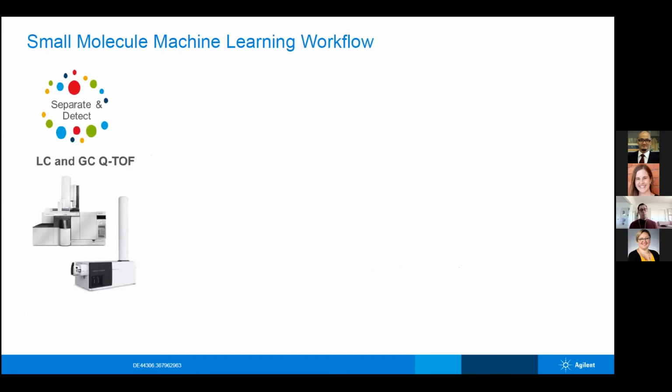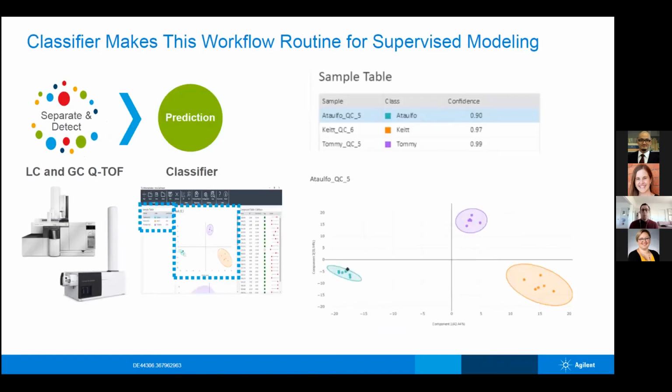So how do we implement this in a workflow? For a small molecule machine learning workflow, we use what we called earlier the classifier, which is in the MPP package. Basically we can put data from our samples in there. Say if we're working with mangoes, we could do what we just did with apples. We can take the different varieties of mango, put in all the features we detected in each one, and it'll basically spit out a PCA showing us what features comprise specifically those types of mangoes.